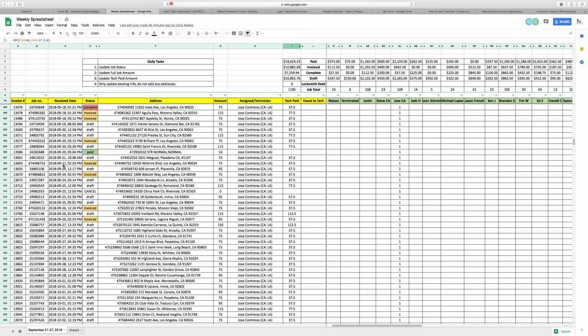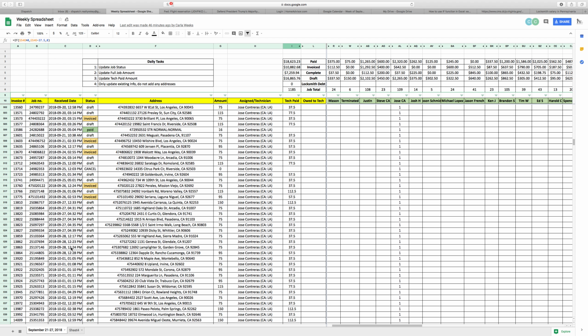This is for the time period of the 21st to the 27th. I see a bunch of jobs in here. I'm sure they're done that haven't been marked as complete. So what I'm looking for is when these guys have their pay sheets, that whatever their pay sheet amount shows that they owe or that we owe, that's up here in this complete spot. So if Justin did 10 jobs and expects $700.50, it should be right here in this box. And if it differs up here, then that means somewhere down here we have a wrong amount put in. So we need to make sure that it matches to a T. If it does,